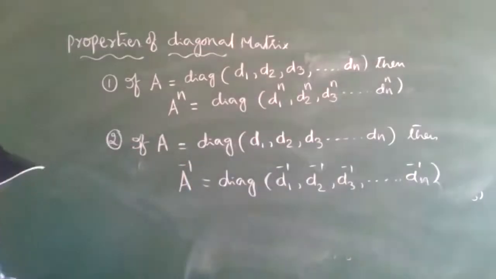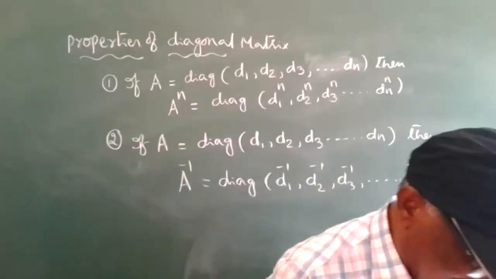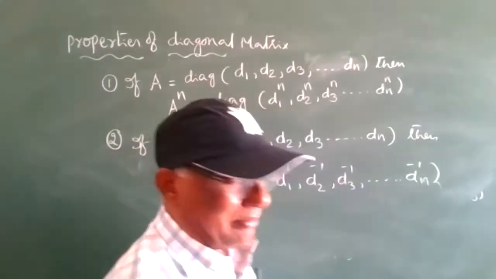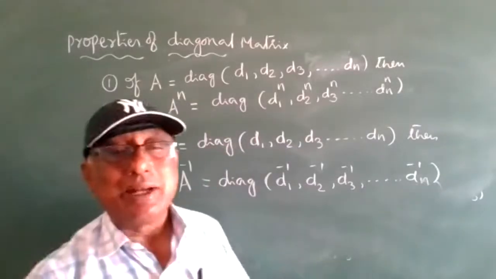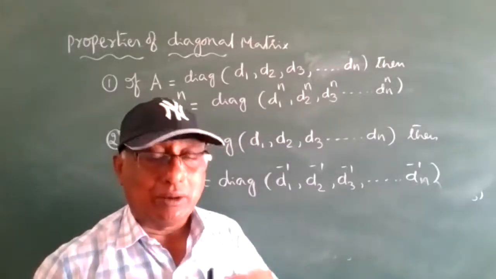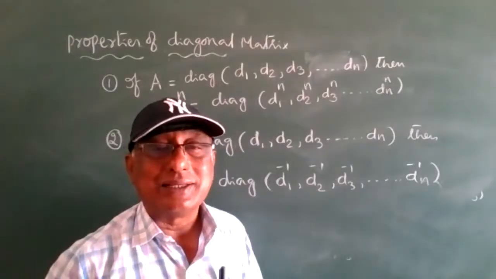Next, the diagonal matrices are completed. Now I go through the scalar matrices. Same as diagonal matrices, but its elements are equal. When the diagonal elements are equal, that matrix is called a scalar matrix. Okay? Same diagonal matrix means a square matrix where, except the diagonal elements, all remaining elements are zeros.